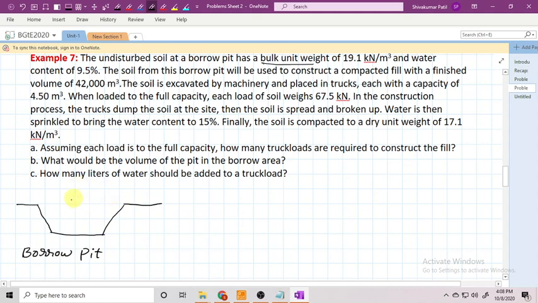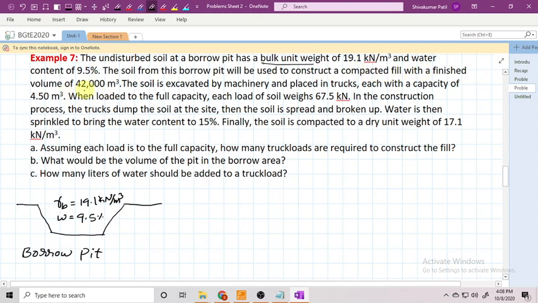So what is the bulk unit weight? Gamma bulk is 19.1 kilonewton per meter cube. And the water content, what is the water content? 9.5%. Okay, 9.5%. The soil from this borrow pit will be used to construct a compacted fill with a finished volume